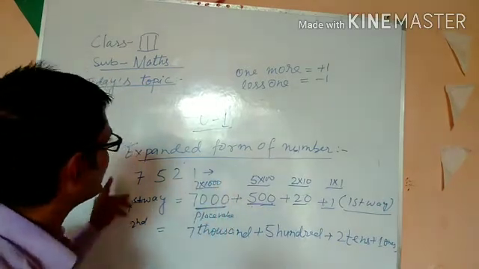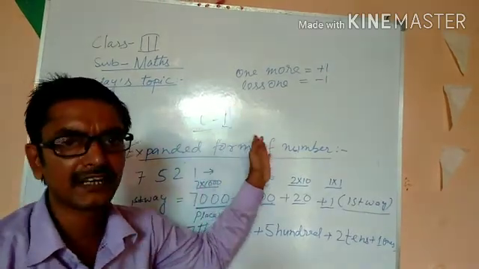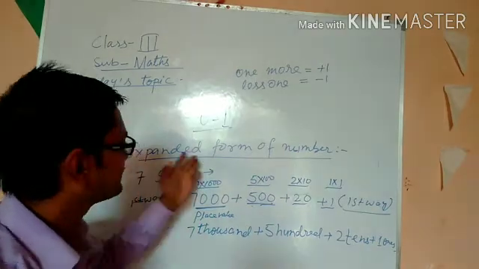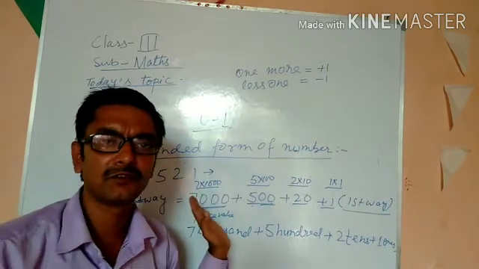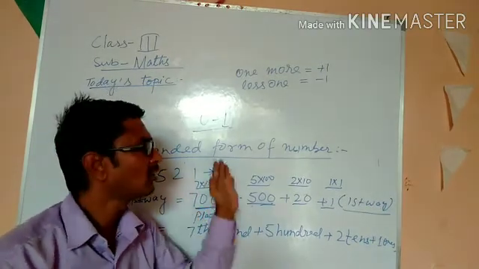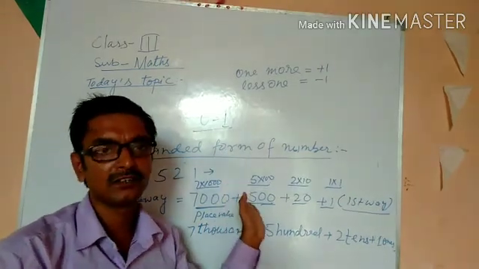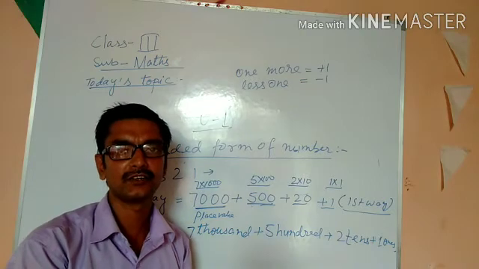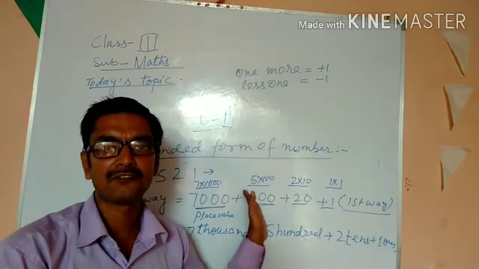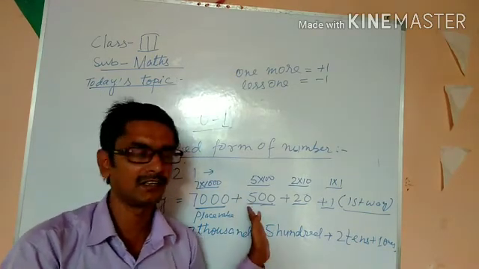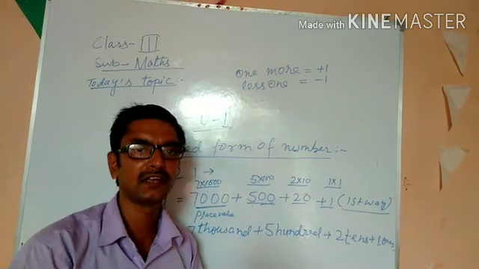Is it clear? So we have already discussed the topics related to place value, the predecessor and successor, and the expanded form of a number, and the greatest and smallest numbers we have practiced in the previous classes also. I hope you will develop the concept of all the topics we have discussed in today's class. Hopefully practicing this will help you solve many more problems at your home.